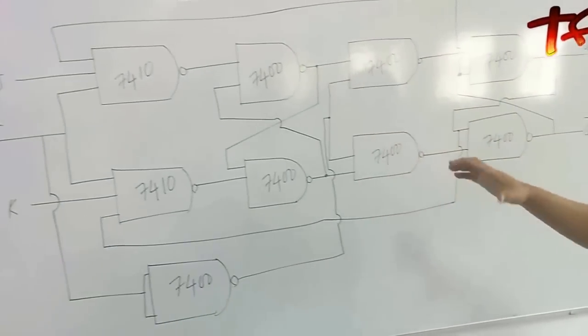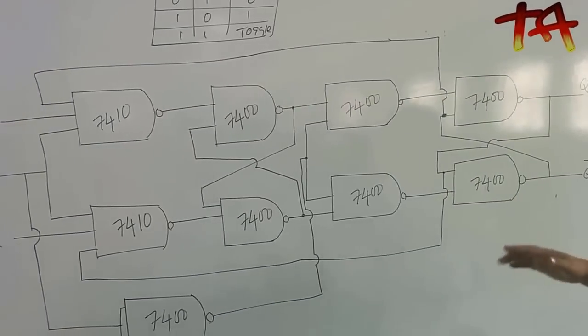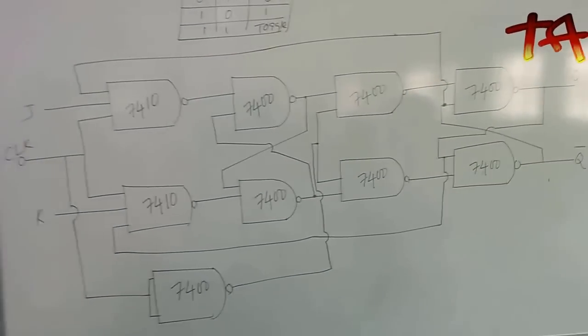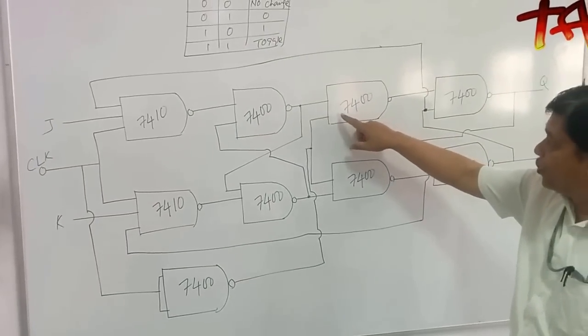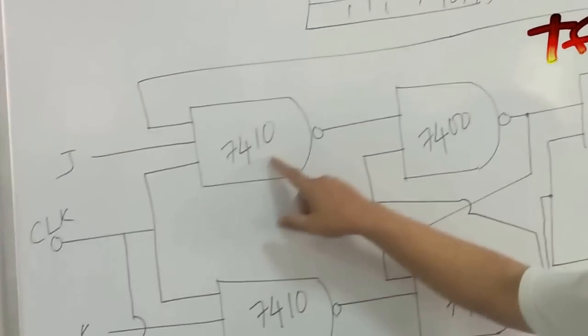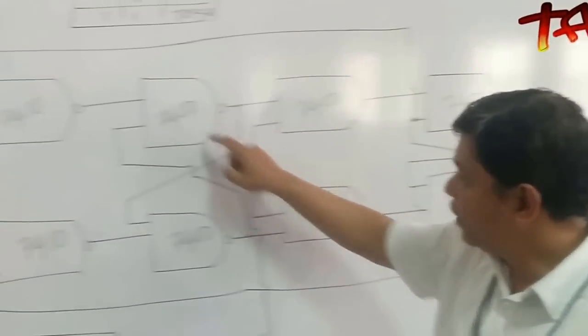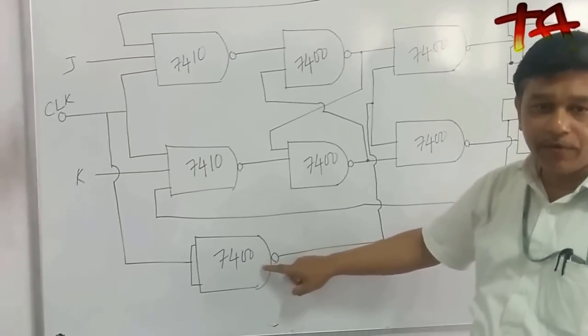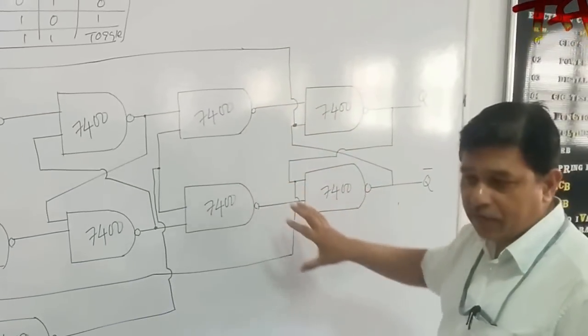And then we are going to connect the circuit. Mainly the connections: you have to implement that master slave JK flip flop with NAND gates. The 2 input NAND gate is 7400 and the 3 input NAND gate is 7410. You can see in the diagram, we require 7 gates of 7400, and in one IC, 4 gates are available.